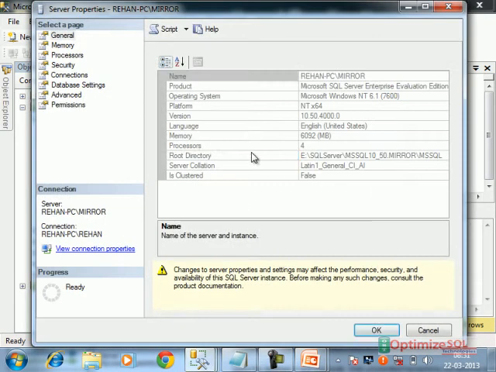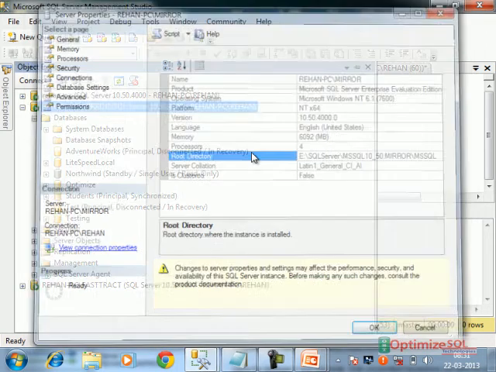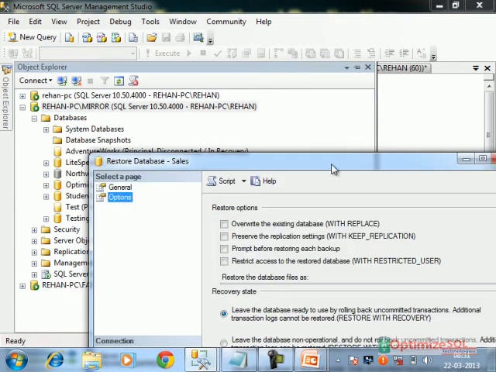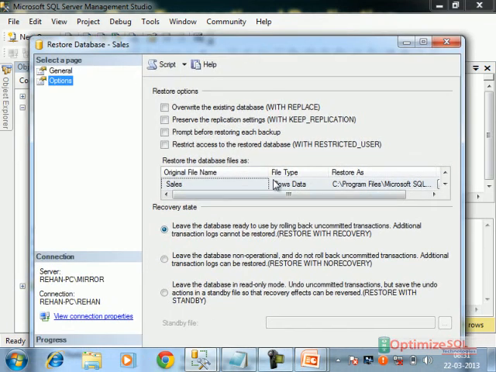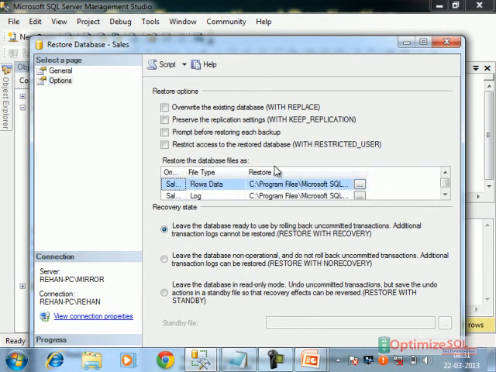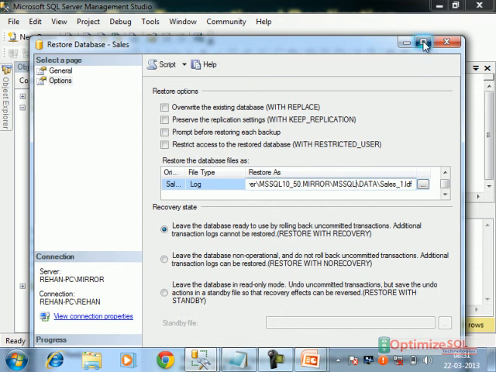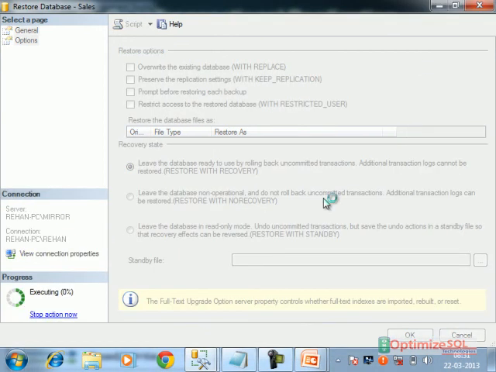Change the path. Okay, so restore it with recovery only.